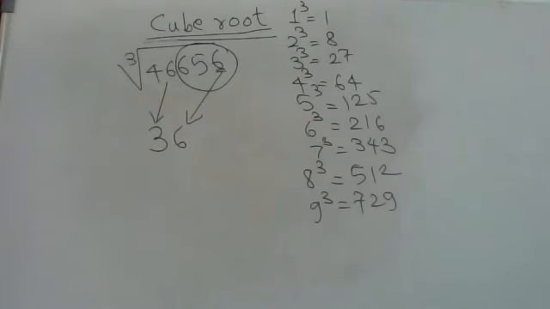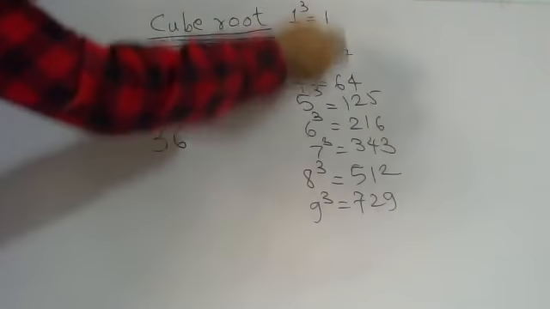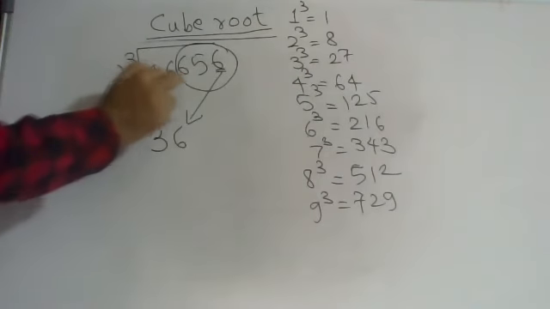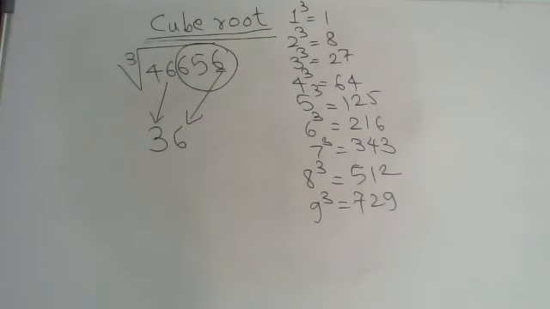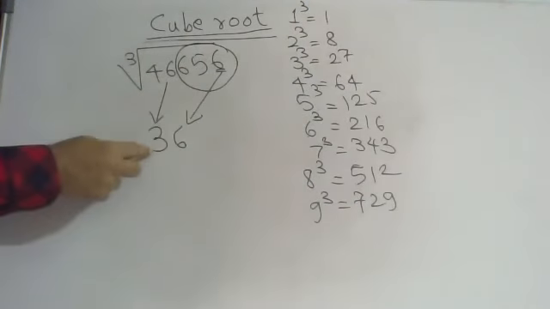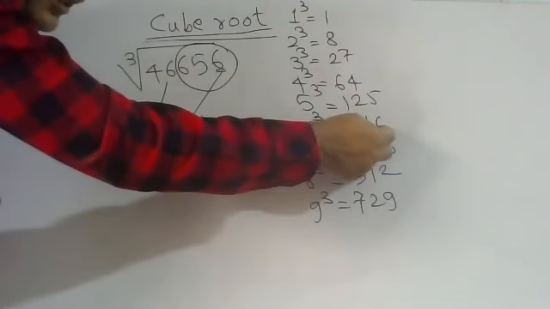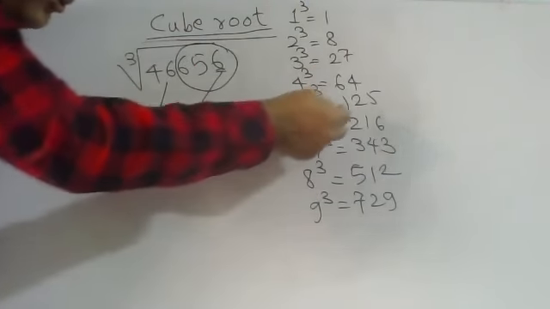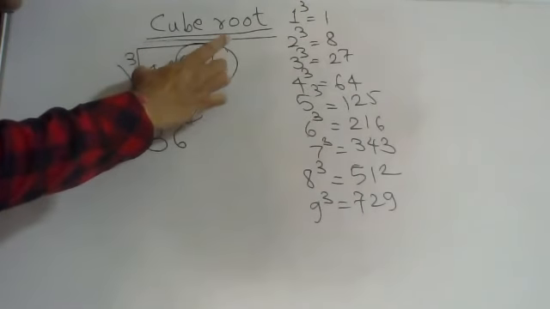Cube root of 46656. How to find the cube root? Leave three numbers. Think about 46. 46 is near to which cube? Smaller than 46. Which cube is here? Which 27? 27 is a cube of 3. So write down 3. Think about the unit digit 6. Where it is 6? Here. 216 is a cube of 6. Write down 6. So 46656. Cube root of this number is 36.